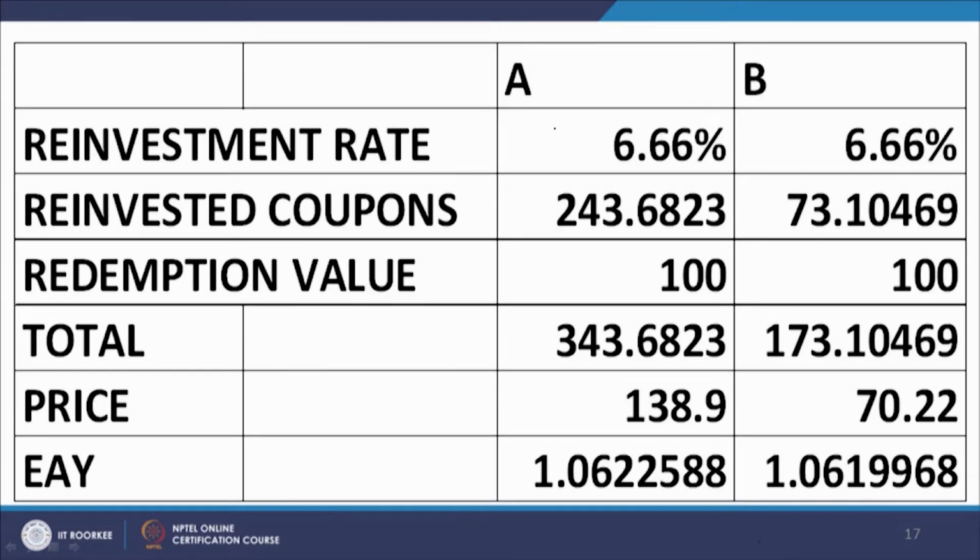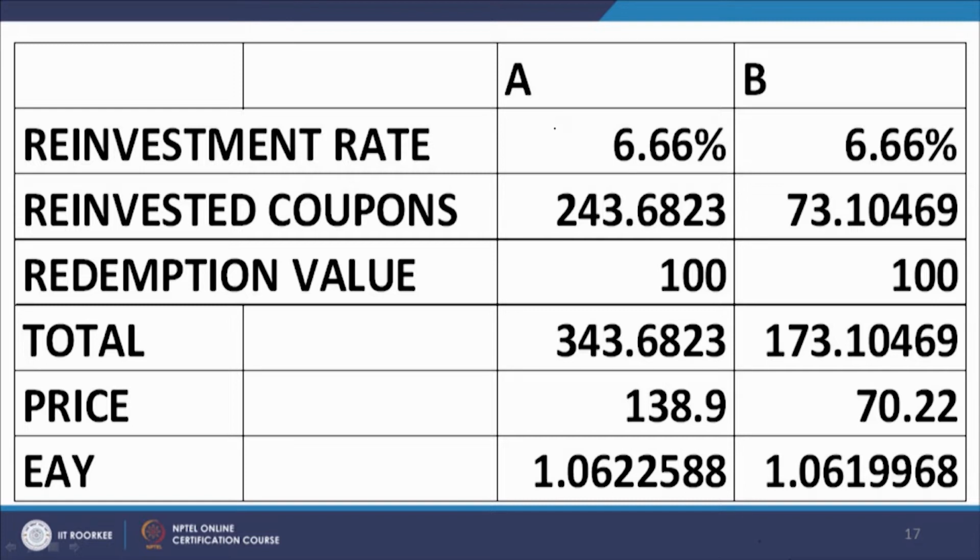The reinvestment rate is 6.66%. Coupon rate, remember, for A is 10%, for B is 3%, and the terminal value of all the reinvested coupons, if we work it out at the reinvestment rate of 6.66%,